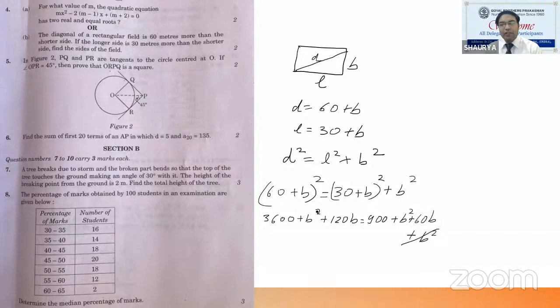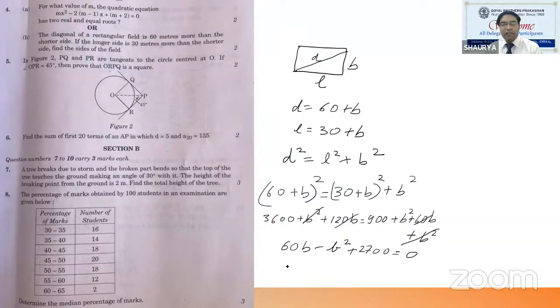So one B square on either side gets cancelled off. So what we are left with is 120B minus 60B is 60B. From these two terms on the left hand side, this would be equal to, and I have a B square also. So it comes here with a minus B square plus 3600 minus 900 is 2700 equal to